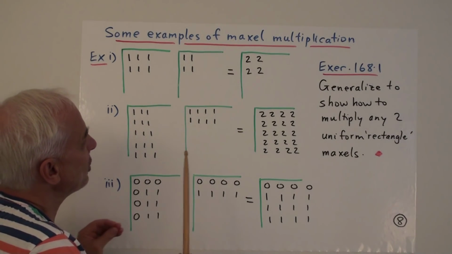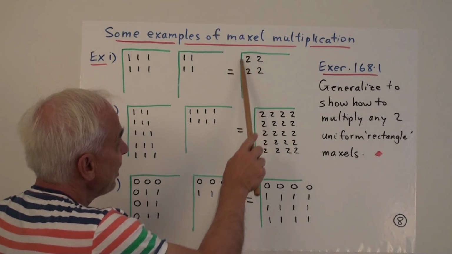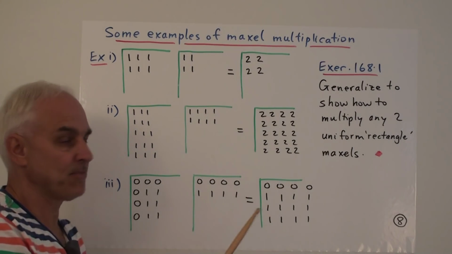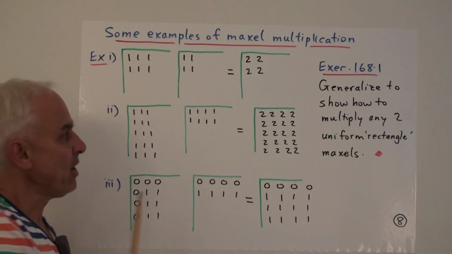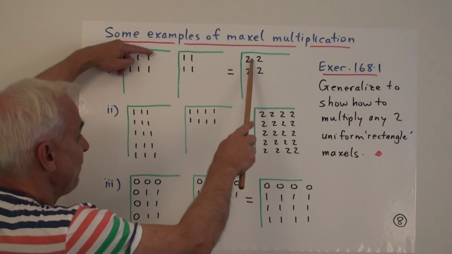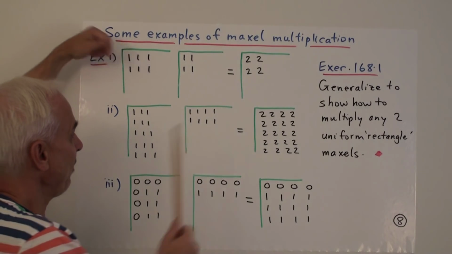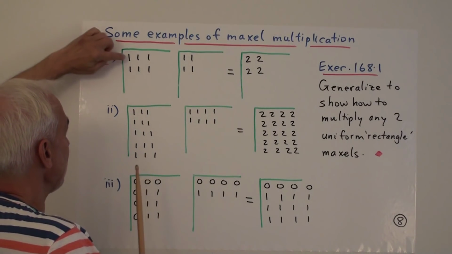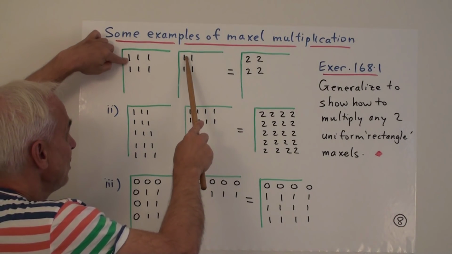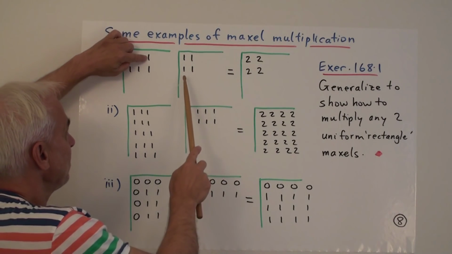So let's adopt that position that we were looking at just in the previous slide and ask ourselves, let's say this thing here, how can we figure out what the multiplicity of the pixel 1,1 is in the product? So if C is 1,1, the only way of getting this thing as a product is to take something from its row in the first Maxwell times something in its column in the second Maxwell. And we saw that the only way of getting this thing here is actually to take the first thing in this first row times the first thing in this first column, or the second thing here times the second one, or the third here times the third one, and so on.